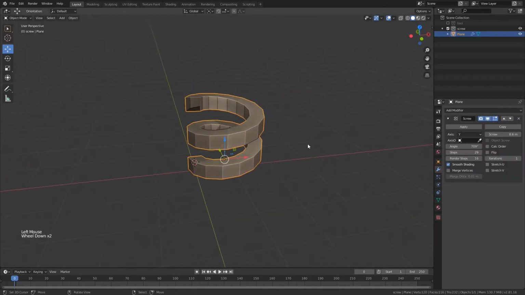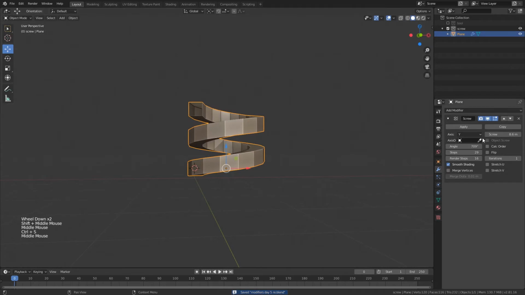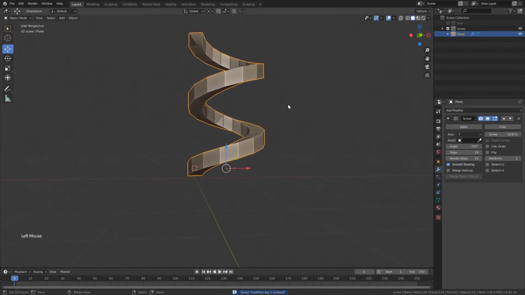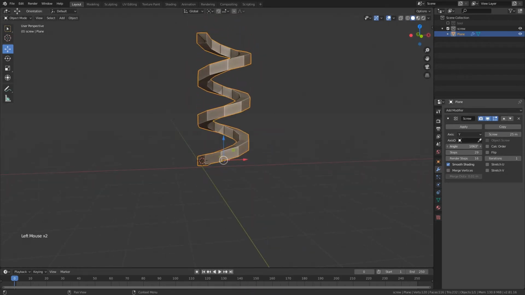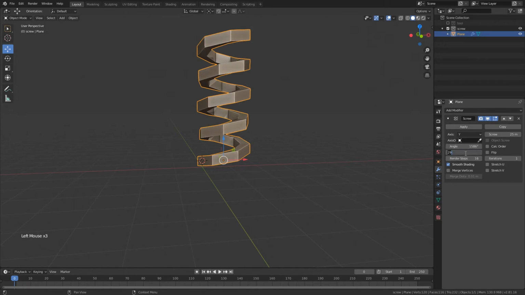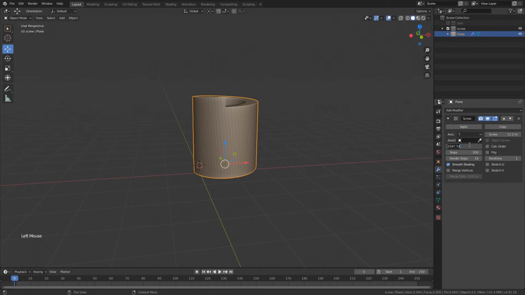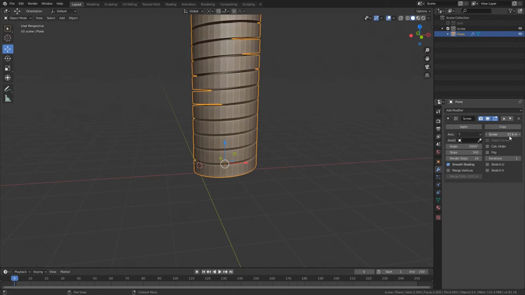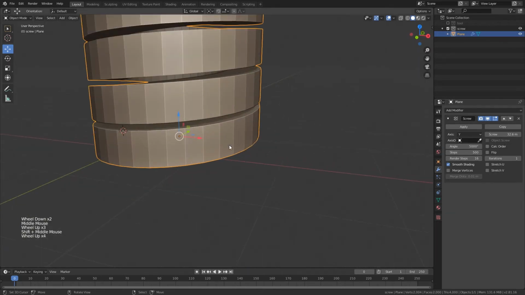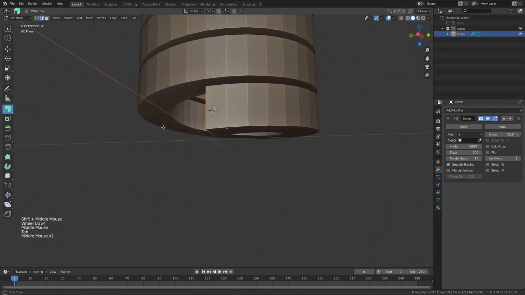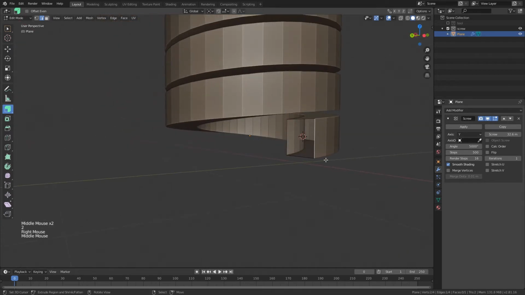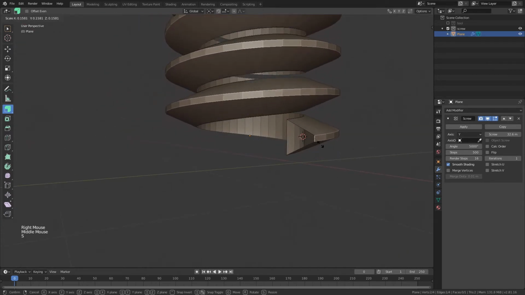All right, so what I'll do is I'll simply increase the height of this screw and the angle over here, and change the number of steps to 500 maybe. Okay, maybe I want 5000. All right, now the threads of a screw are usually very sharp, so I can select these edges and scale them down like this,